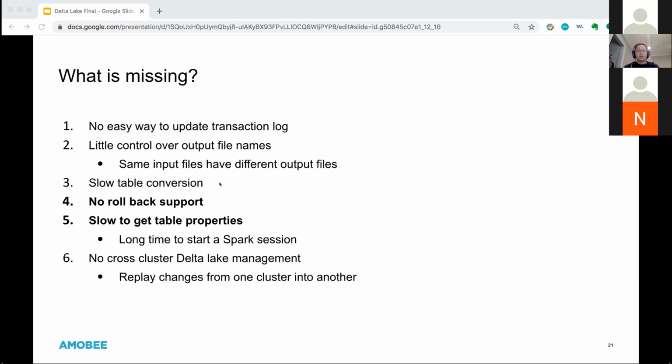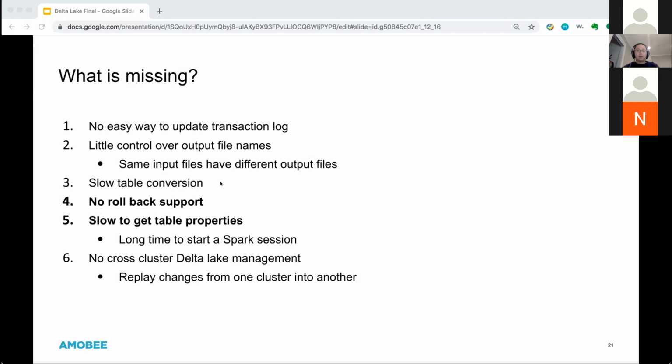Okay, so let's talk about the rollback feature. This feature is actually ported into the commercial version, but it's not in the open source version. But it's very important for us. If something goes wrong with our data lake, we want a way to perform a one-click rollback. We can roll back to specific versions, and we will have a healthy state.